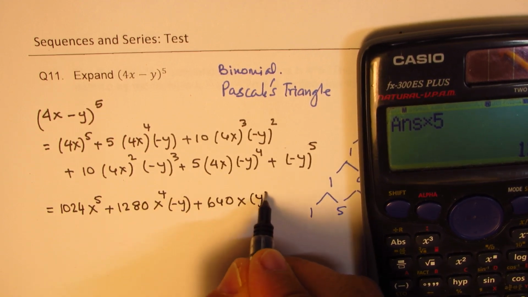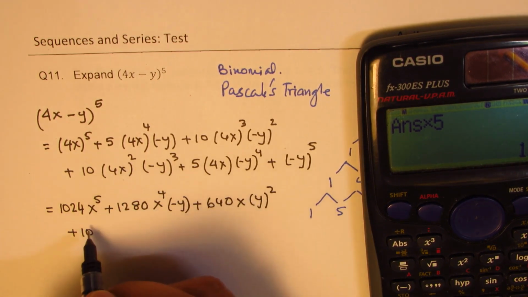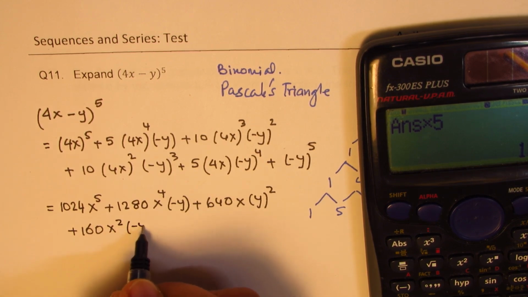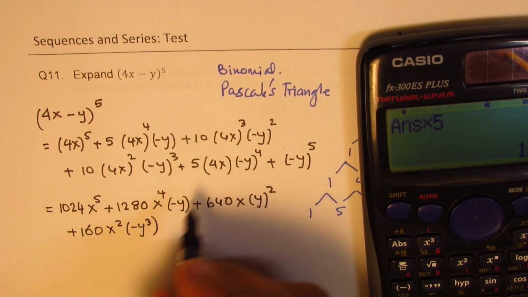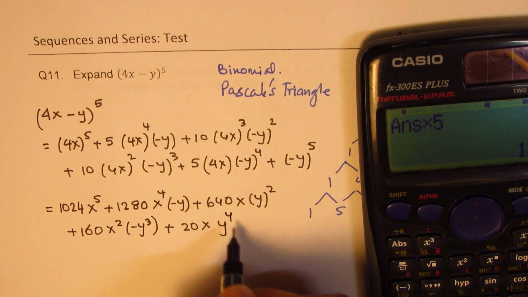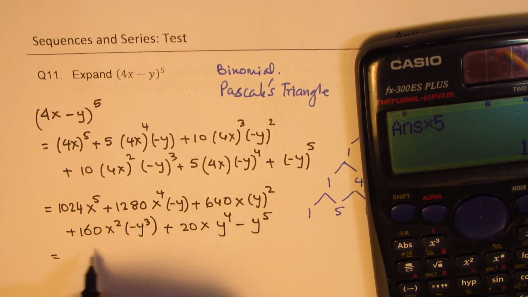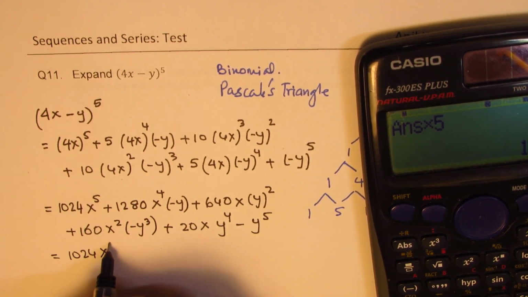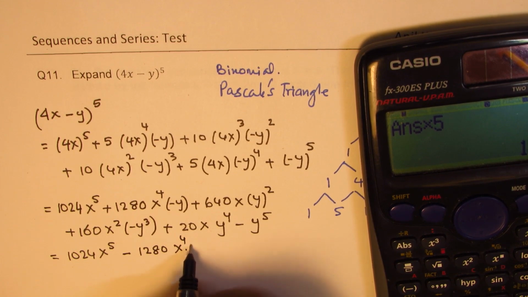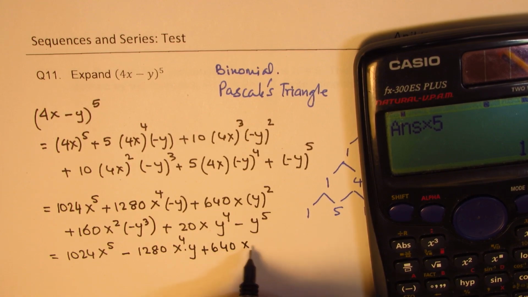X, and this becomes y squared, which will be positive. Then we have plus 10 times 4 squared, which is 16. So we'll do 160 x squared minus y cubed. Okay. And then we have plus 4 times 5, 20 x y to the power of 4. And then we have minus y to the power of 5. So let's correct this sign here. So we get 1024 x to the power of 5 minus 1280 x to the power of 4 y, and then we have plus 640 x